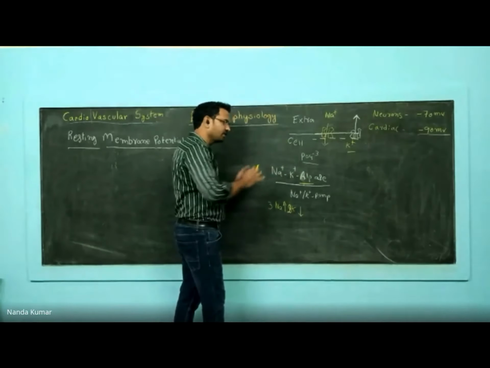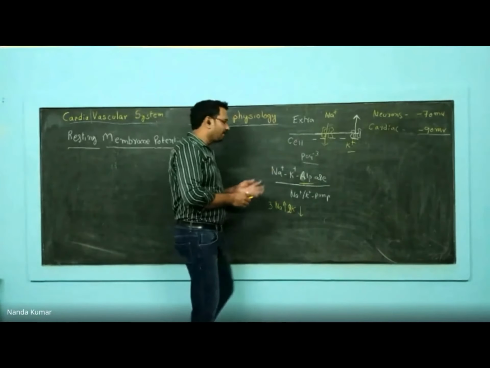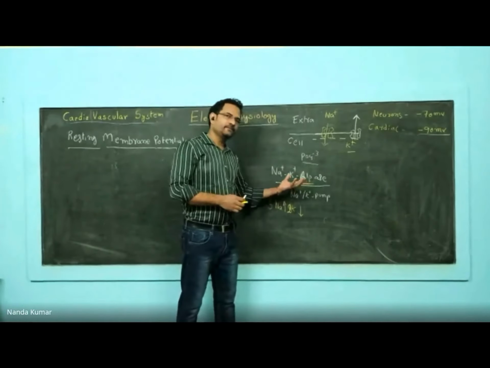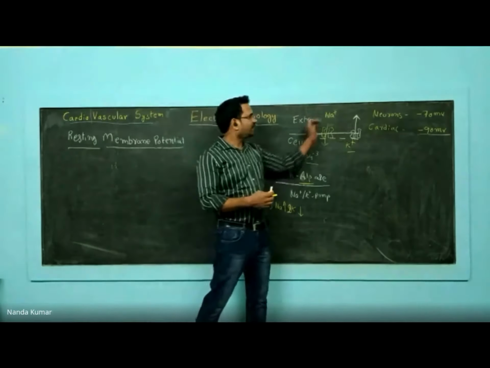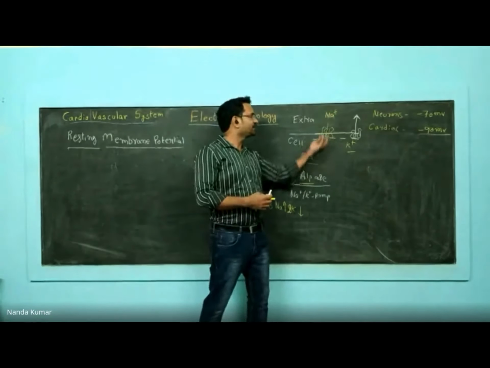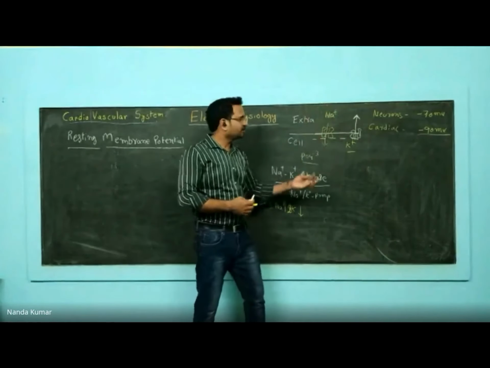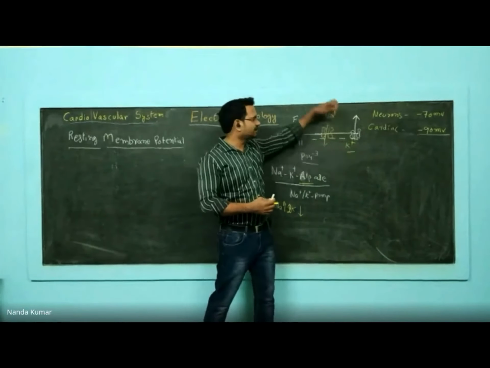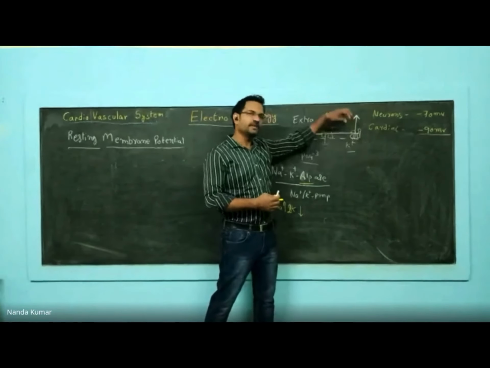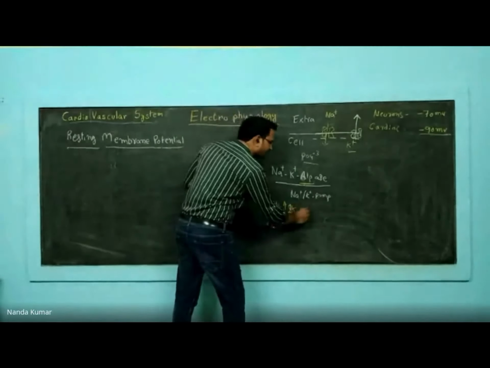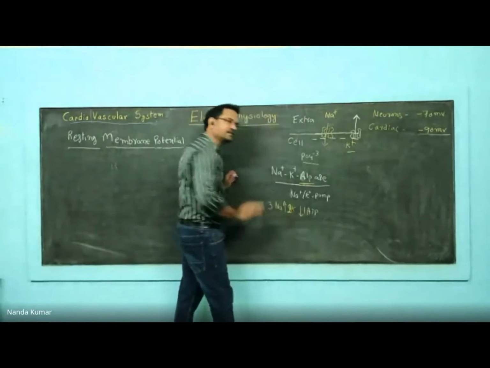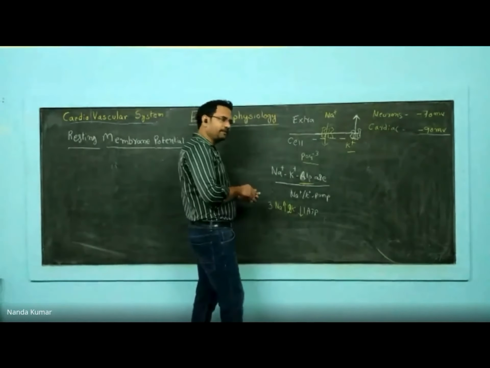So this is how the sodium potassium pump works. By using ATP energy, it moves ions against the concentration gradient. Sodium levels are high outside the cell, but this pump sends sodium outside the cell. Potassium levels are high inside the cell, but still it takes potassium inside the cell by using 1 ATP. It uses 1 ATP to do all these things. There is a mnemonic for this one.